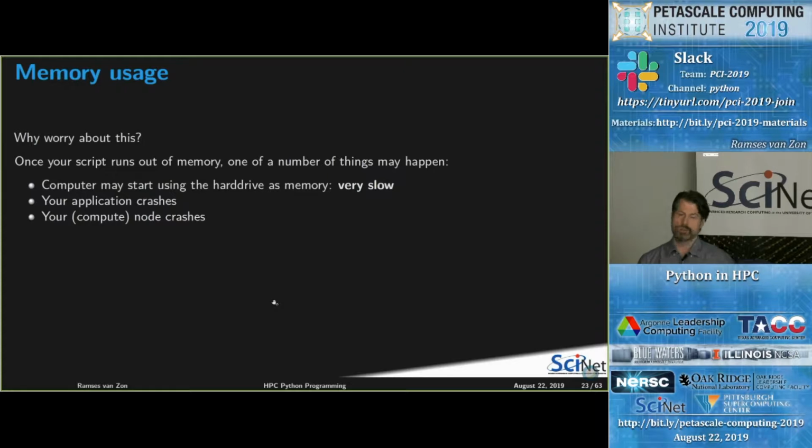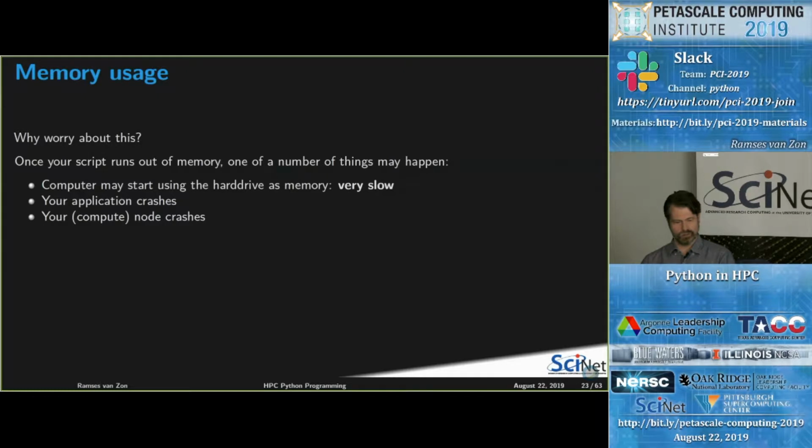What might happen too is that if you've got limits on your system, your application just crashes. The trouble is that will be the operating system doing that, and all it will tell you is "killed". It won't tell you that you ran out of memory. It won't tell you where that happened. It just stops without much information. If it's even worse, if you happen to be on a system that has no local disks, it might try to start swapping